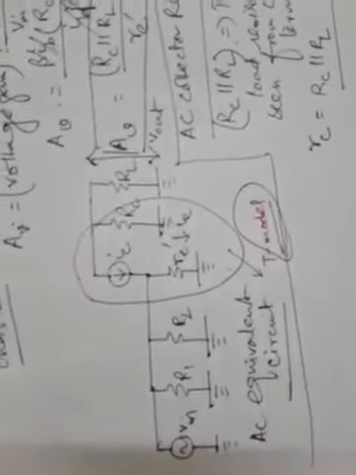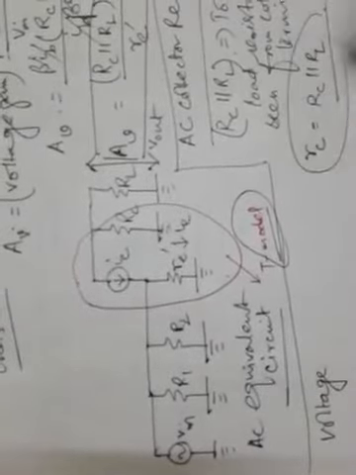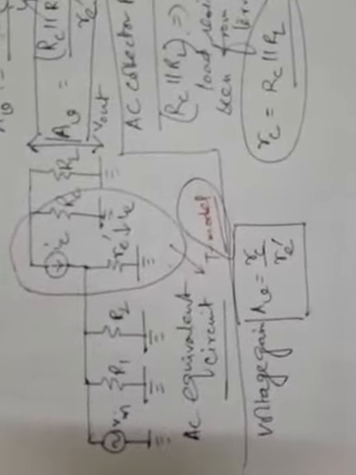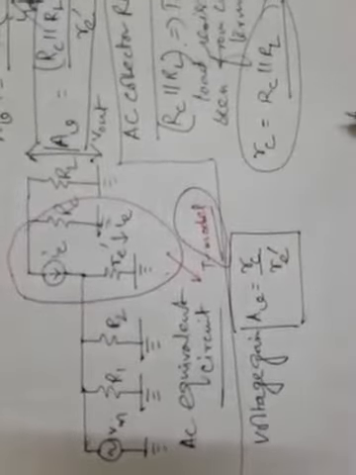So remember this, how to represent the AC collector resistance. Now we can rewrite the previous equation, that is of voltage gain, with the help of this formula of AC collector resistance. So voltage gain AV is equal to small rc by small re dashed. So this is another formula of representation of voltage gain of transistor amplifier using AC equivalent circuit in terms of AC collector resistance and AC emitter resistance.